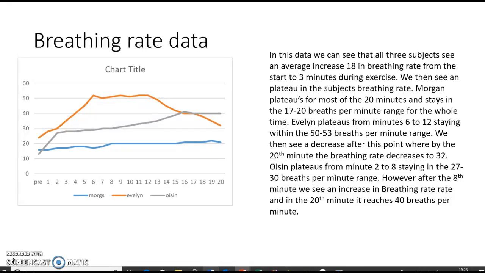Morgan and Mahina's plateaus for most of the 20 minutes and stays in the 17 to 20 breaths per minute range for the whole time. Evelyn's plateaus from minutes 6 to 12, staying in the 50 to 53 breaths per minute range. We then see a decrease, where in the 20th minute the breathing rate decreases to 32. Oisin plateaus from minute 2 to 8, staying in the 27 to 30 breaths per minute range. However, after the 8th minute, we see an increase in breathing rate, and in the 20th minute, it reaches 40